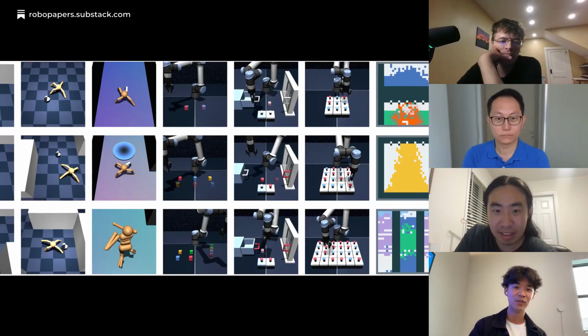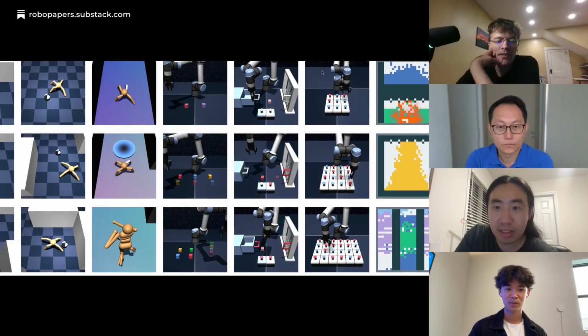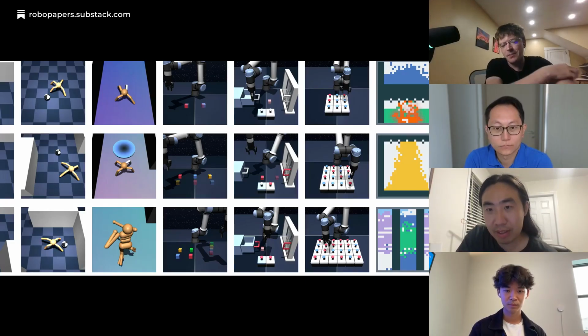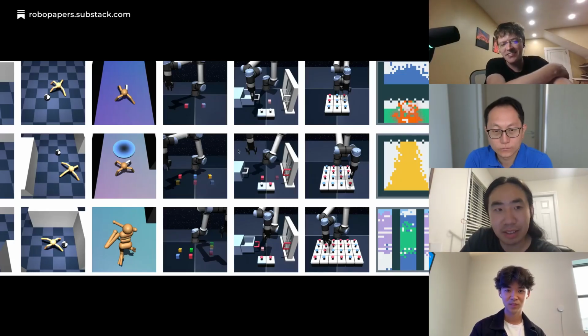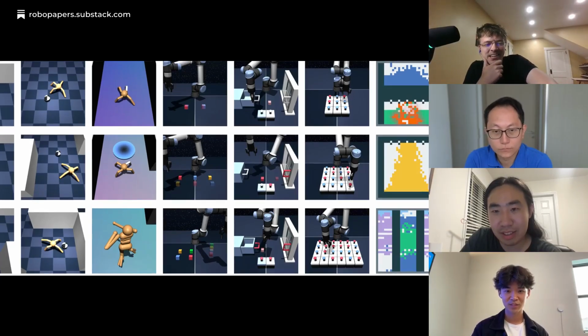And then the cube scene to the left of it is basically you have different numbers of cubes and you need to pick and place them to different target locations shown as the fainter colors. Got it. So from looking at the tasks, it seems clear to me how it would be very useful to be drawing samples from a diffusion policy when you're doing exploration, because there are very clear things that it should be reaching towards and interacting with, which I guess is true for most tasks, right?